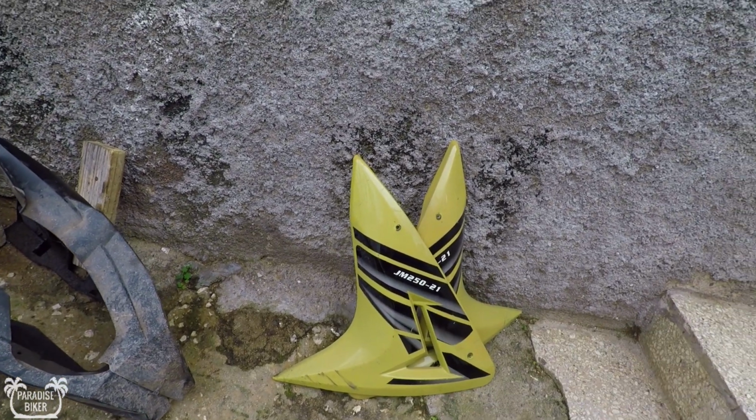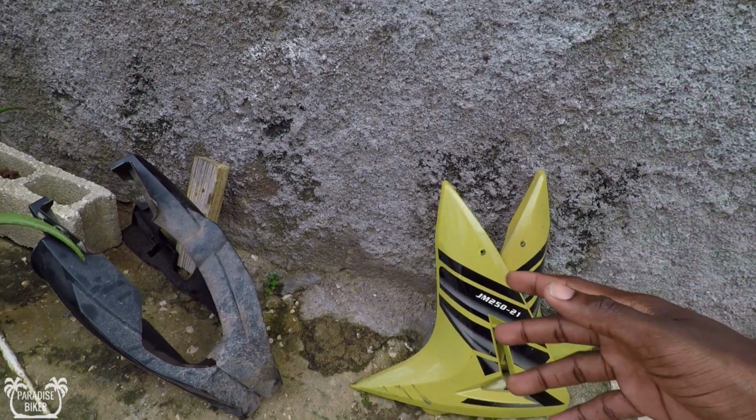I took those off because I was having an oil